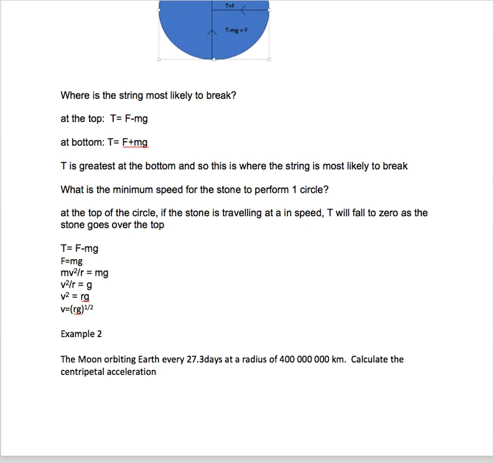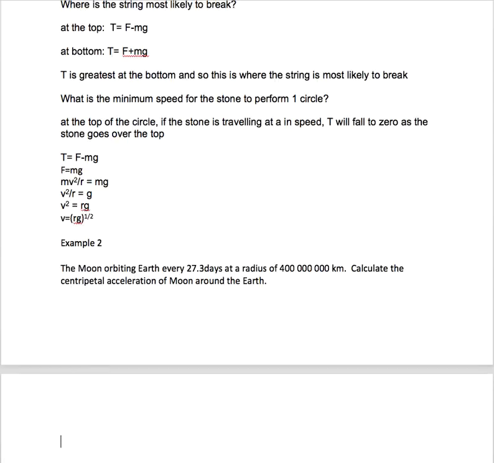Let's calculate the centripetal acceleration of the Moon around the Earth. So, the period, which is 27.3 days times 24 hours times 60 minutes in an hour times 60 seconds in a minute,